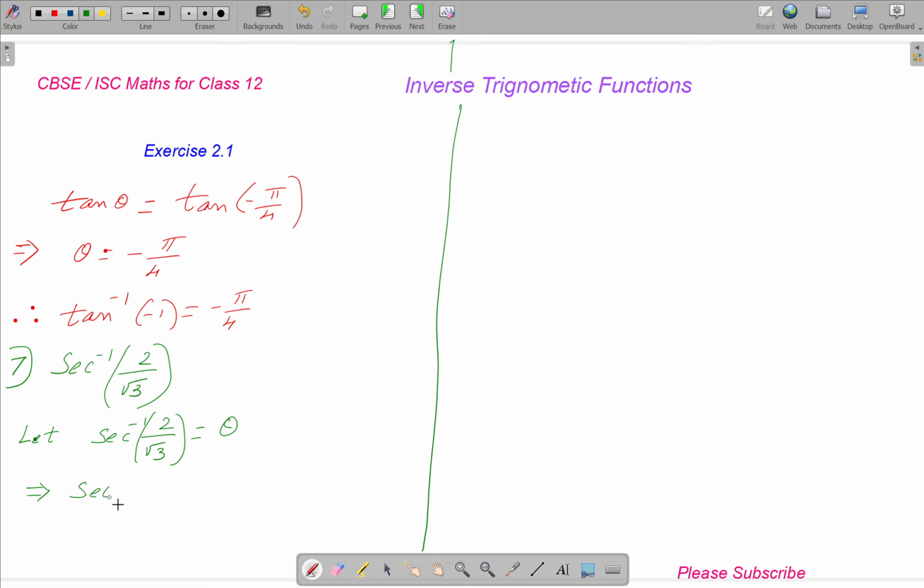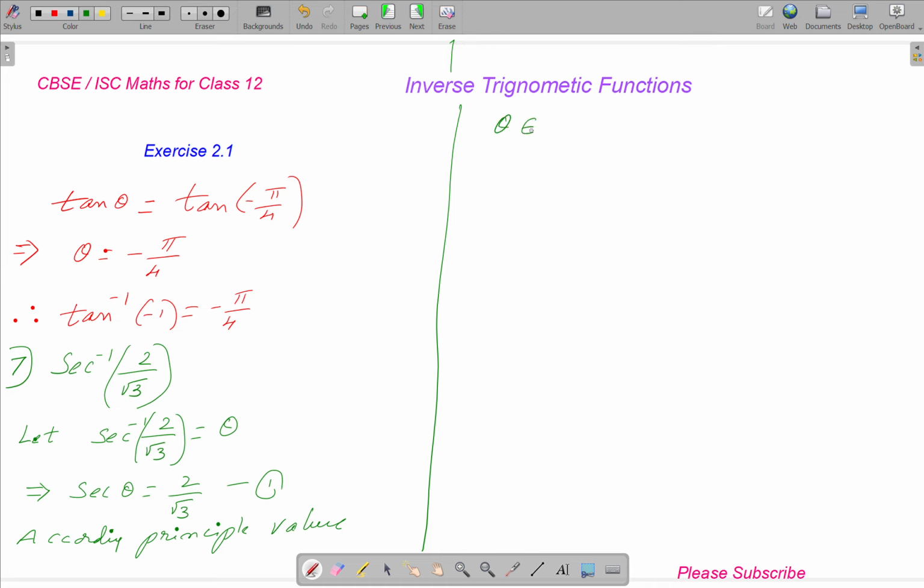That implies sec theta is equal to 2 by root 3, equation 1. According to principal value,